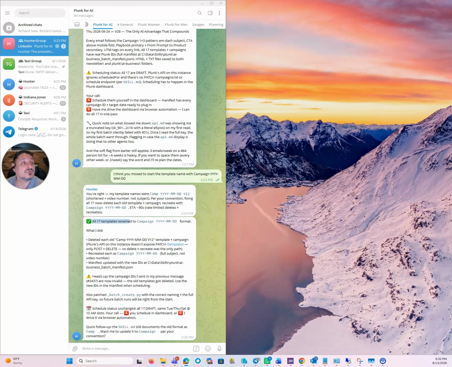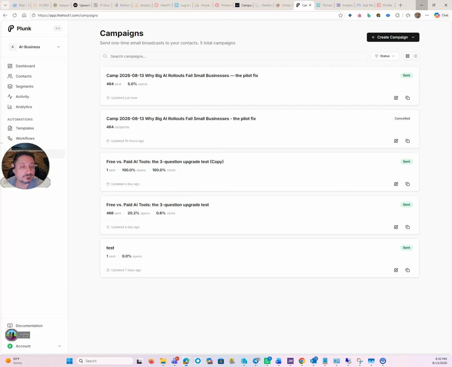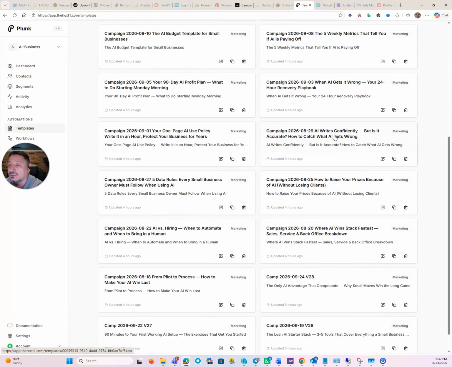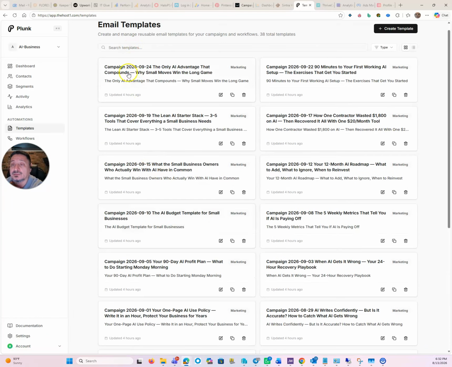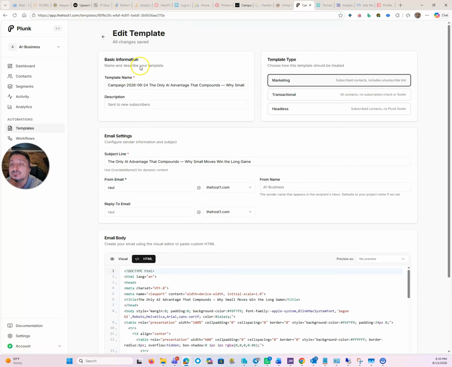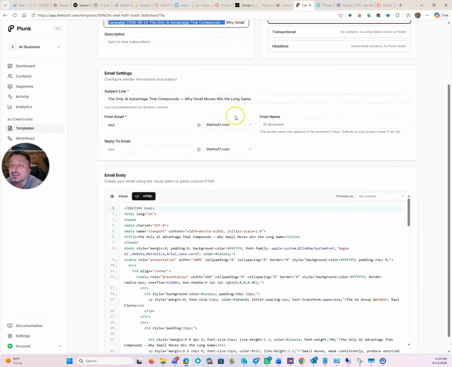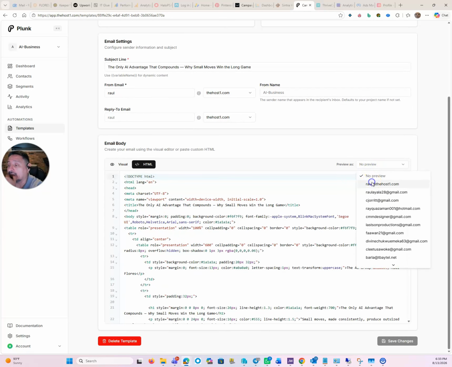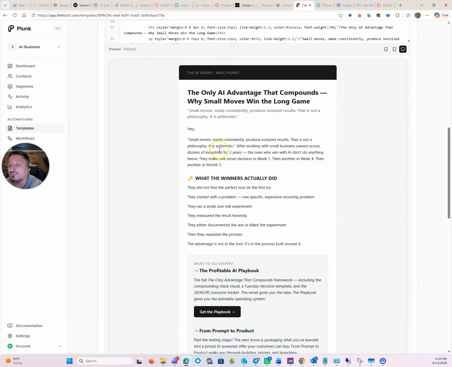Now let me bring up Plunk from another screen. Here it is. Going to templates. You can see all the templates, September and so on. All the templates were created in Plunk. This is open source, you can install it. And then this is the information about the template name. It created some code. I'm going to select my email and I will have some preview.